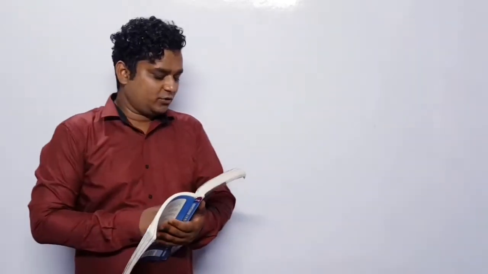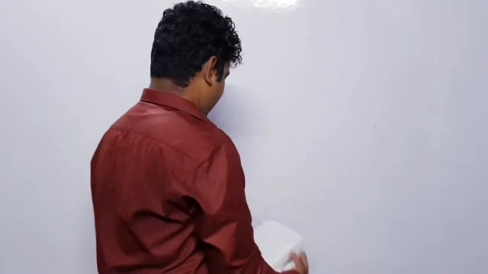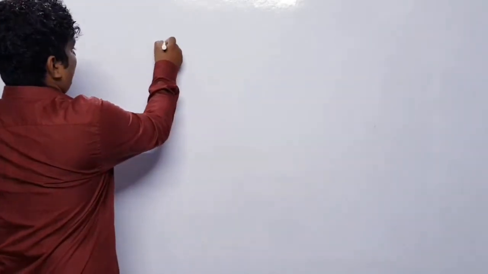Coming to the next question, question number 24. In this particular question it is given that diagonals AC and BD of a parallelogram ABCD intersect at O. Diagonals are intersecting at O, it is given that AB equals 12 centimeter and the perpendicular distance between AB and DC, meaning the height of this particular, is given 6 centimeter. Calculate the area of triangle AOD. We need to calculate the area of triangle AOD. First of all, I would like to draw the figure for this.